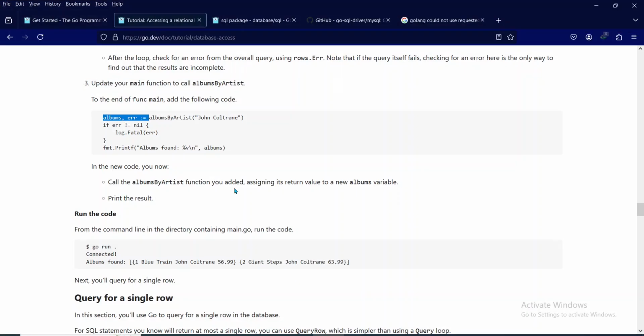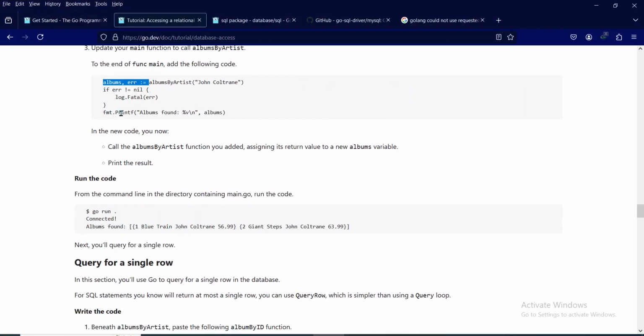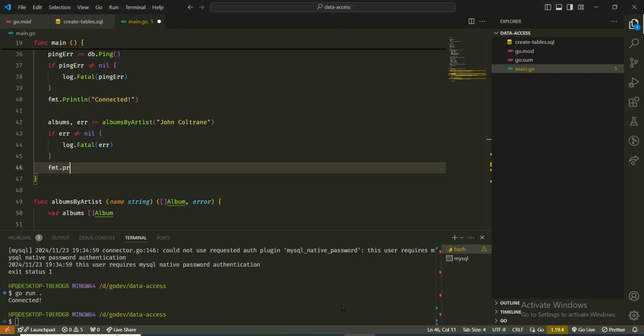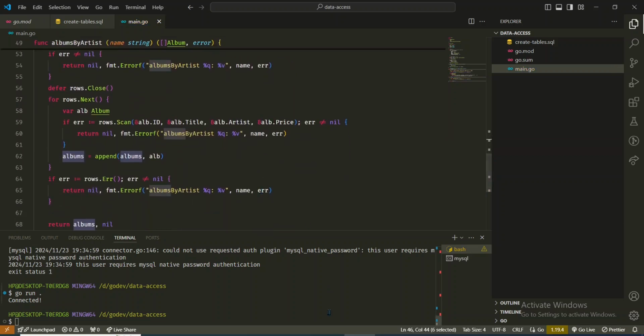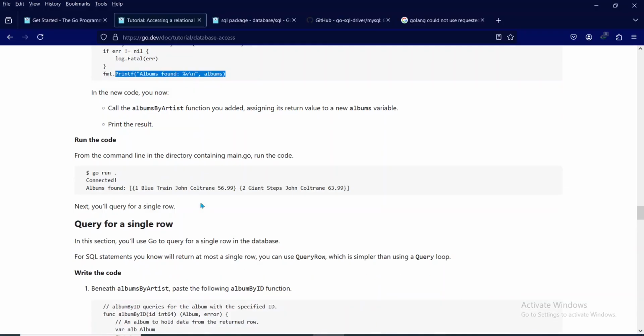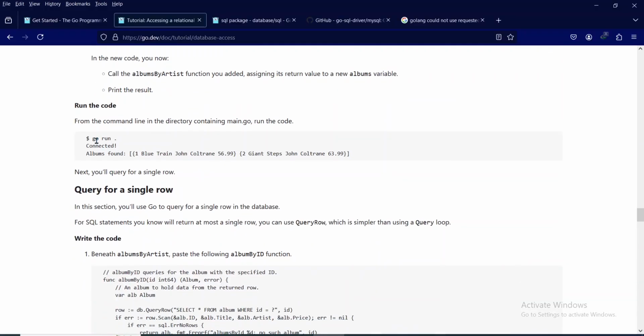Let's see what did it do in documentation. Yeah, it printf. Let's just copy it and paste it. Albums found, and these are the albums will be printed here. Okay, after that we have to run it, so go run,